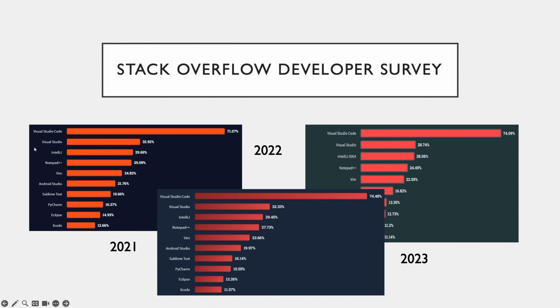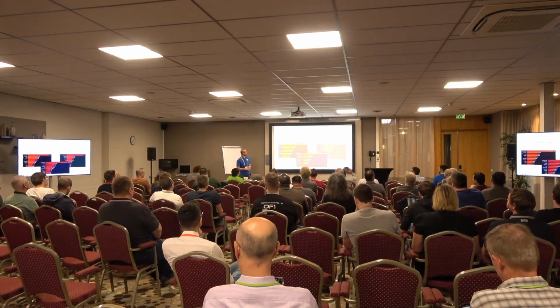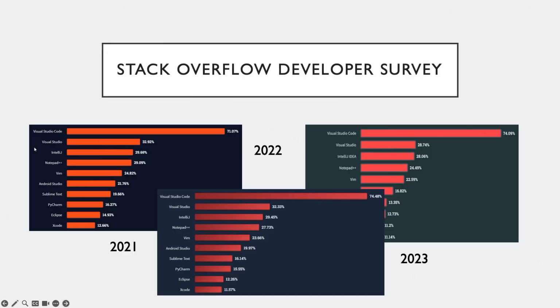So first, quick survey. In the audience, how many of you are working with VS Code for OpenEdge or any other language? Excellent. So this is also confirmed by the Stack Overflow developer survey. Here are the figures. This session was first done in 2021. That was the first presentation about the VS Code plugin, which was not available at this time. So I just took the Stack Overflow developer survey, updated it in 2022 for the Pug Challenge last year, and 2023 for the various Pug events this year.